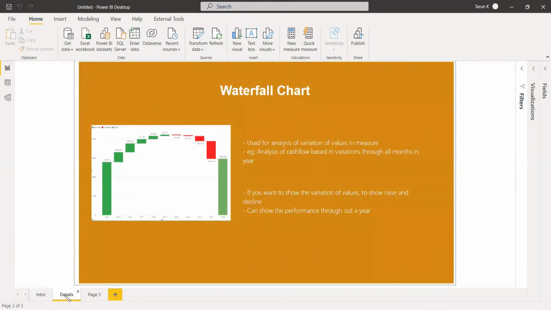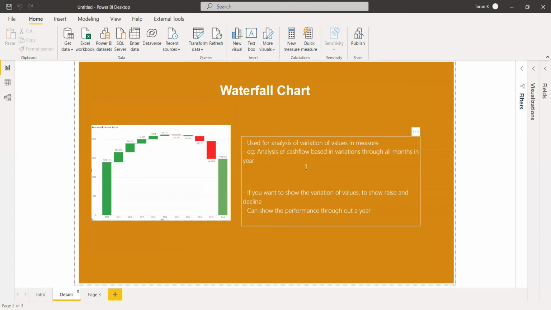Basically, the waterfall model is shown to represent the performance or the price or any variations of the values. Especially if you want to analyze the variation of any measure, you can use the waterfall model. In this example, this is the base price and it is going high with respect to the year. Until here it went up and now it came down a little bit here, and in this year, it is going up. So like this, you can show the variations of a measure through the waterfall model.